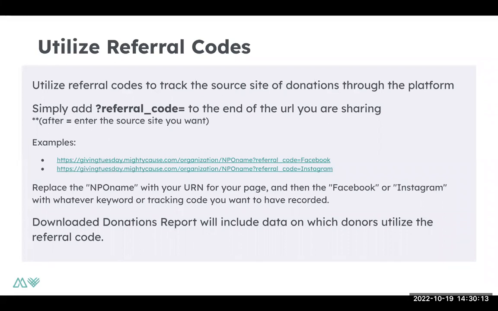When users or donors click that link, on your donations report, you'll have a breakdown of how many donations came in through that referral code. So it's an easy way for you to track, again, that conversion, what's actually converting from likes, shares, etc., to actual donations. So you can make your source description whatever you want. If you want it to be a newsletter, you could say November newsletter or September newsletter. Totally up to you, but that is the text that you can utilize, and a column will be added in your donations report.